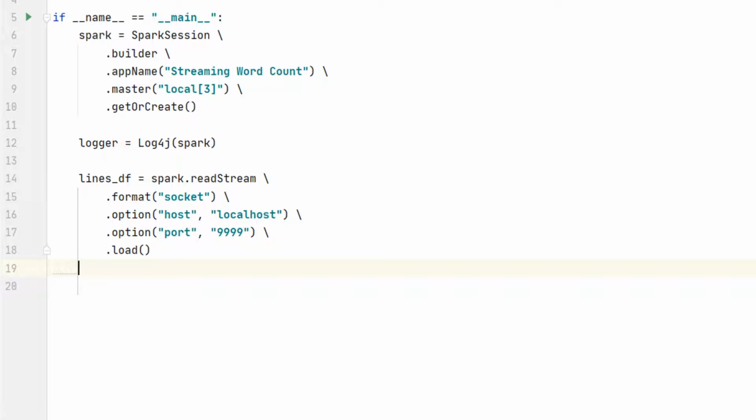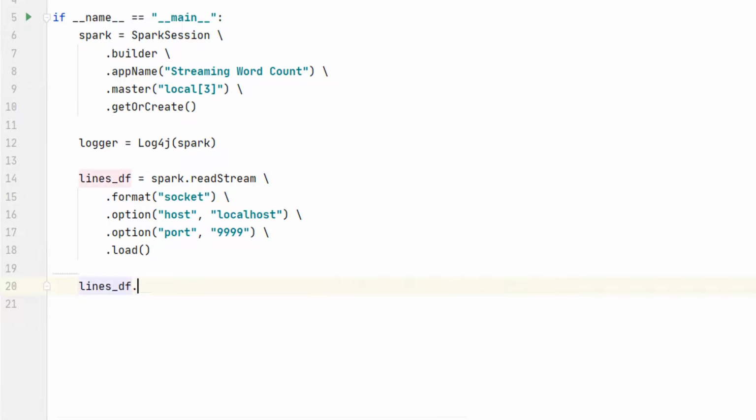Great. So we have a streaming data frame and you can think of this data frame reading some lines of text from a TCP/IP socket. Now, what do we want to do with this data frame? We want to transform it to get the word count, right? However, data frame transformation starts with knowing the schema of the data frame, right? What is the schema of this streaming data frame?